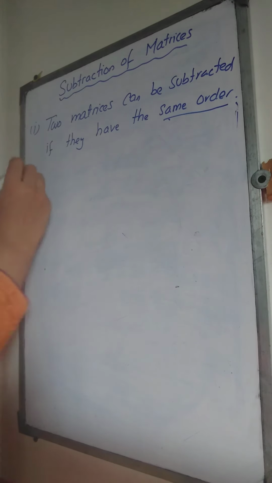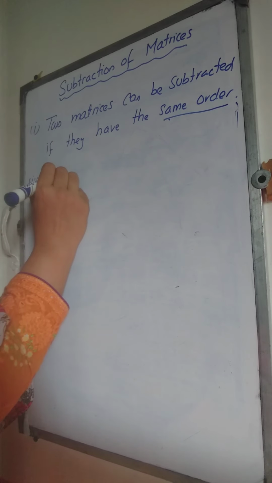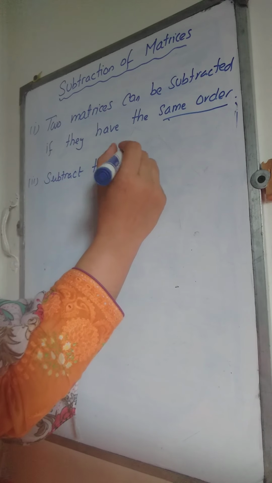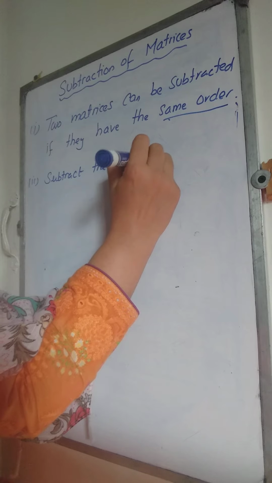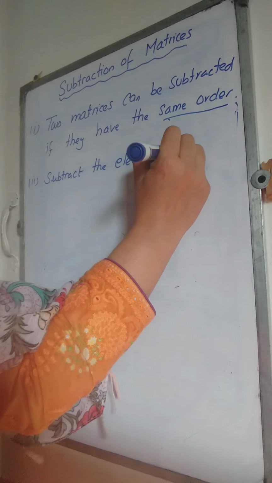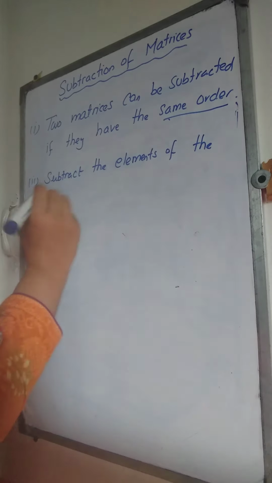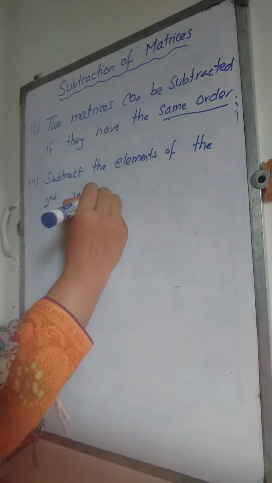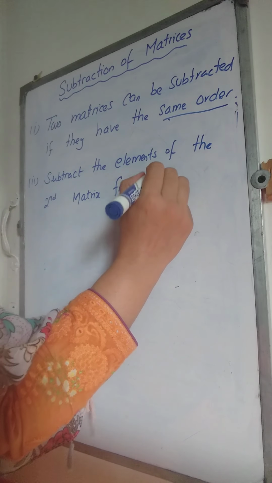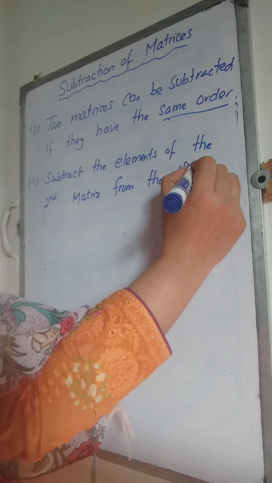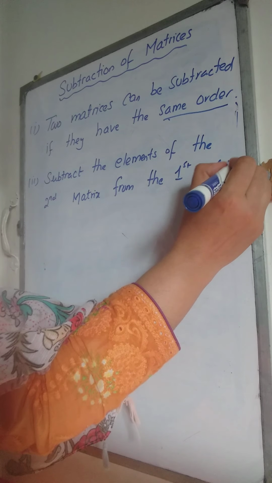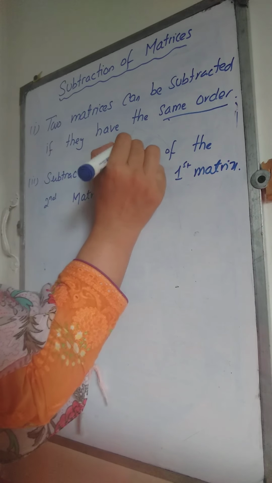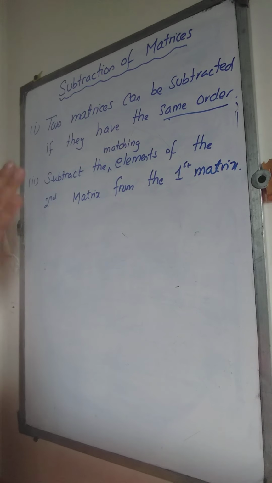The second, you just subtract the elements of the second matrix from the first matrix. Okay, and here we also take the matching elements. Okay, the elements at the same position. For example,